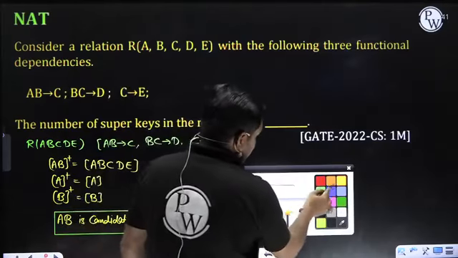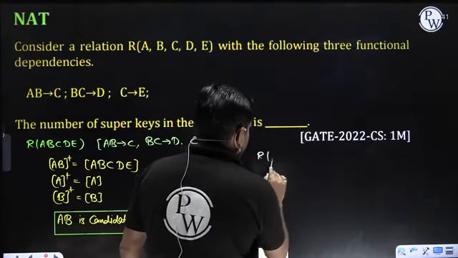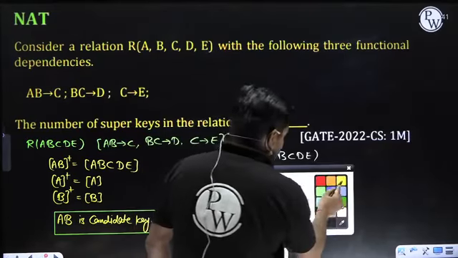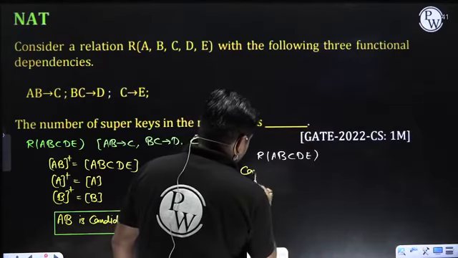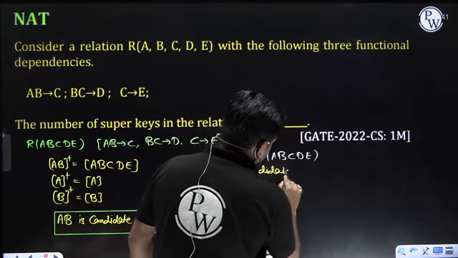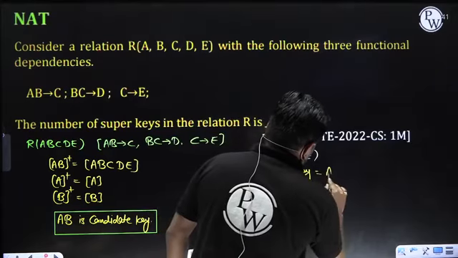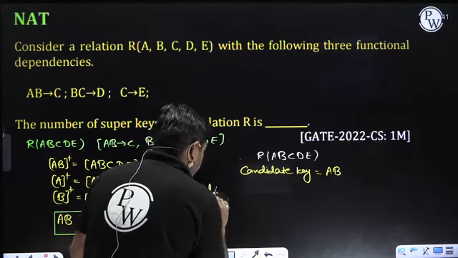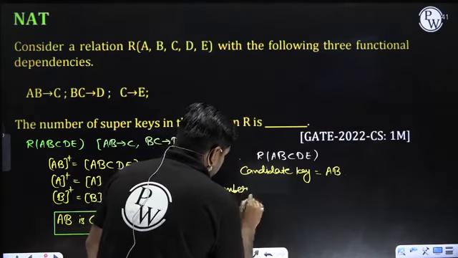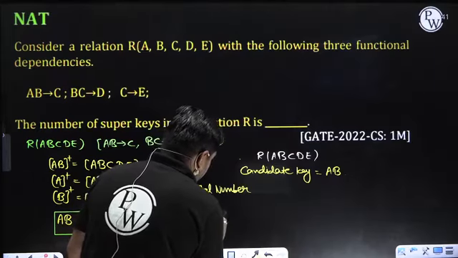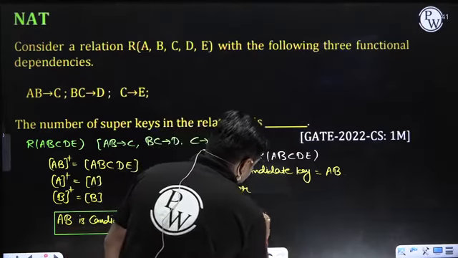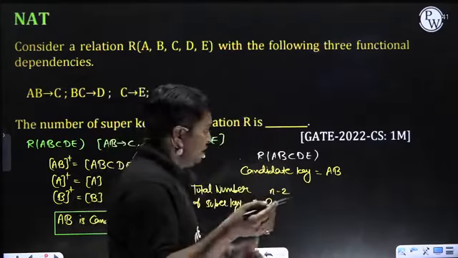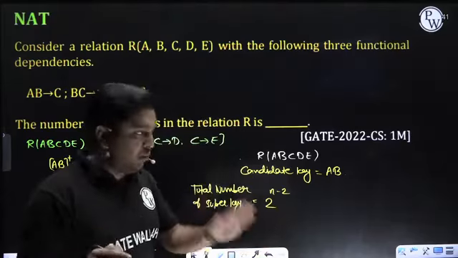So my dear students, when the relation is given in this form A, B, C, D, E, and here the candidate key is AB, what is the total number of super keys? How do you calculate it? You know the Venn diagram concept also: 2 raised to power n minus 2. Either you can calculate in this manner, or you have another approach also. I will tell both, don't worry about that.